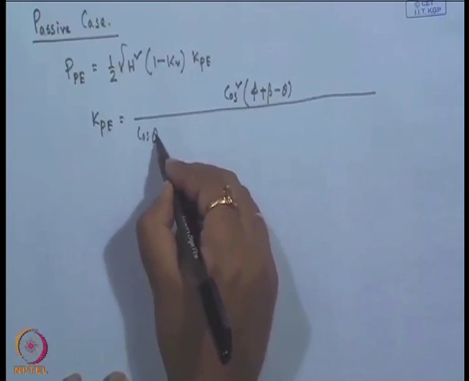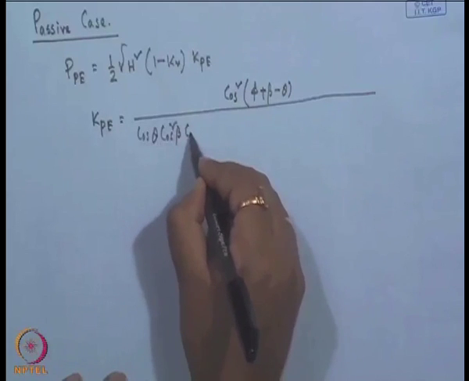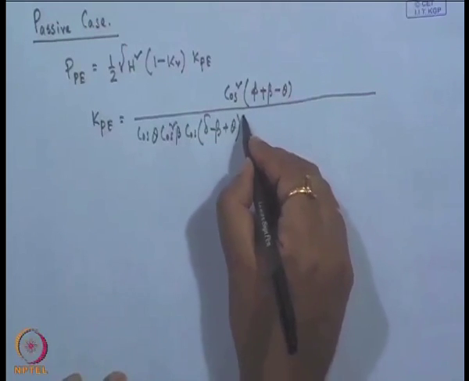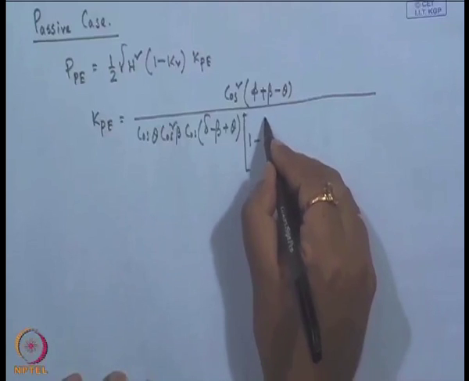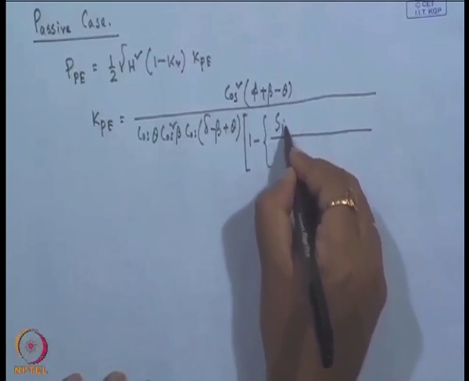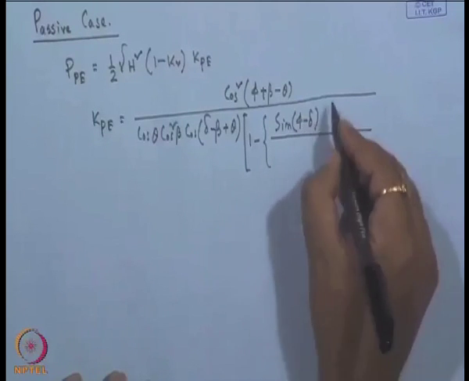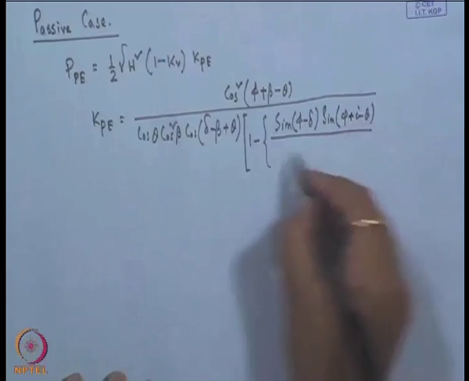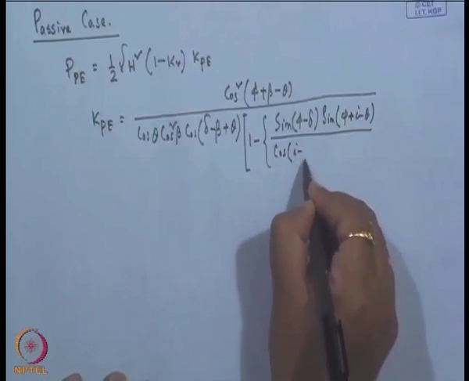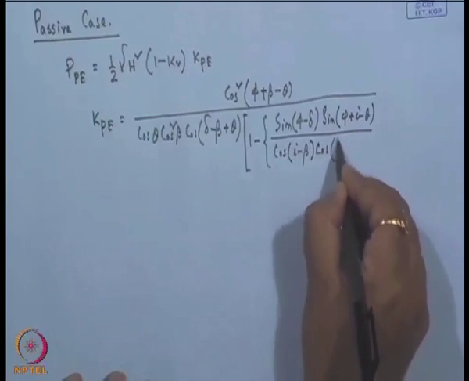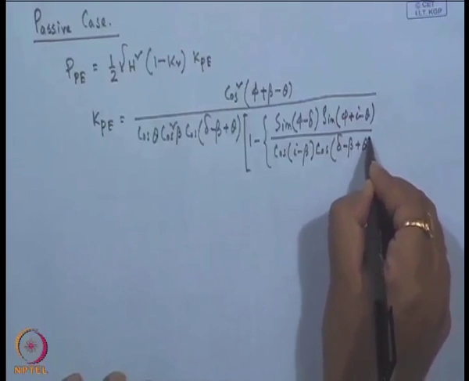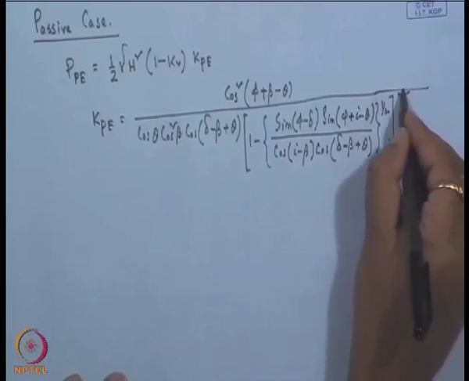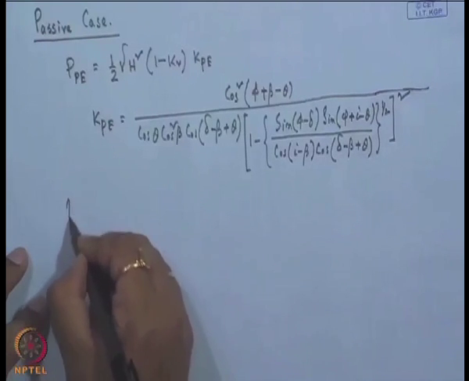This is cos theta, cos square beta, cos delta minus beta plus theta, 1 minus sin phi minus delta, sin phi plus I minus theta, cos I minus beta cos delta minus beta plus theta, to the power half, total square. So, this is the expression of K_PE, where